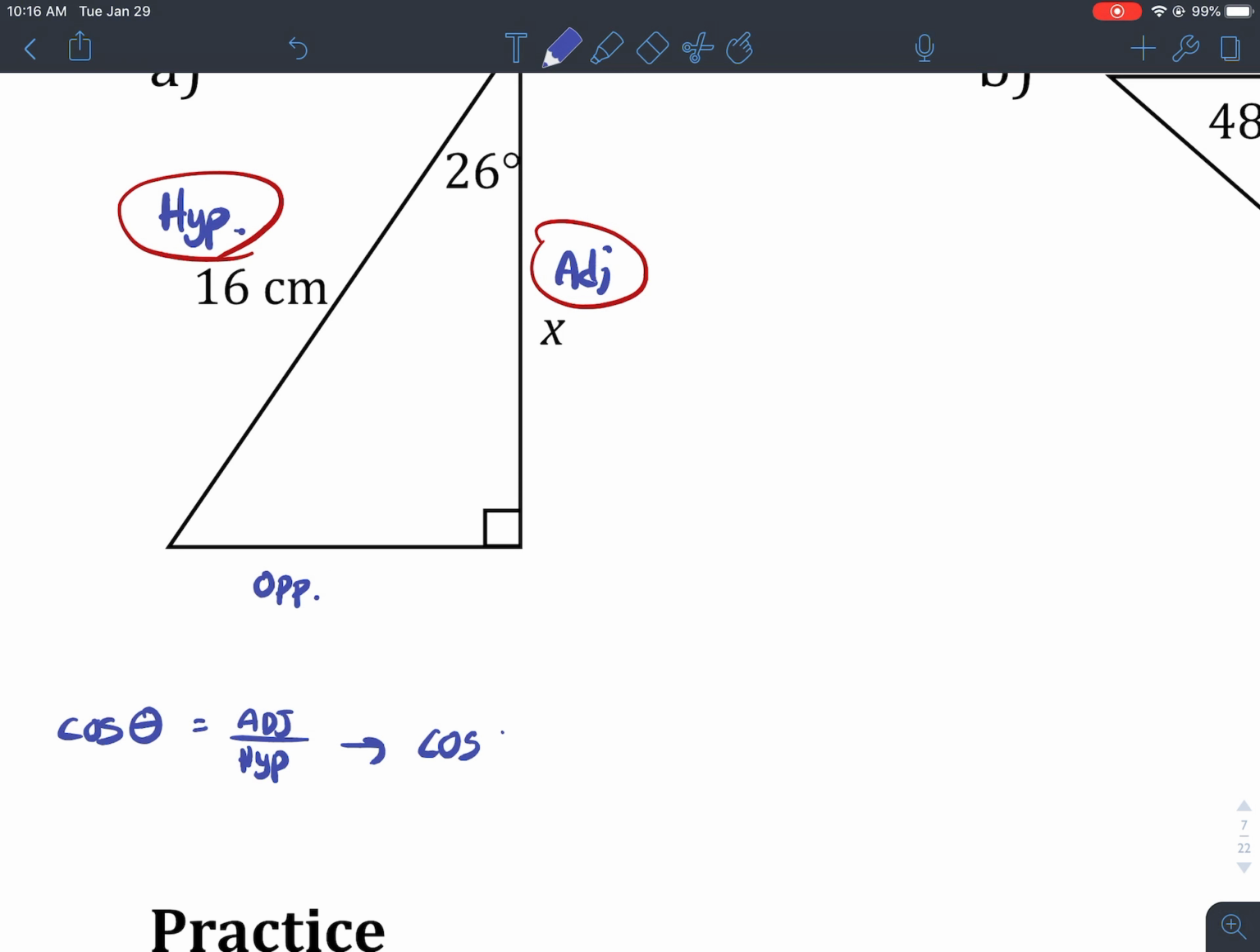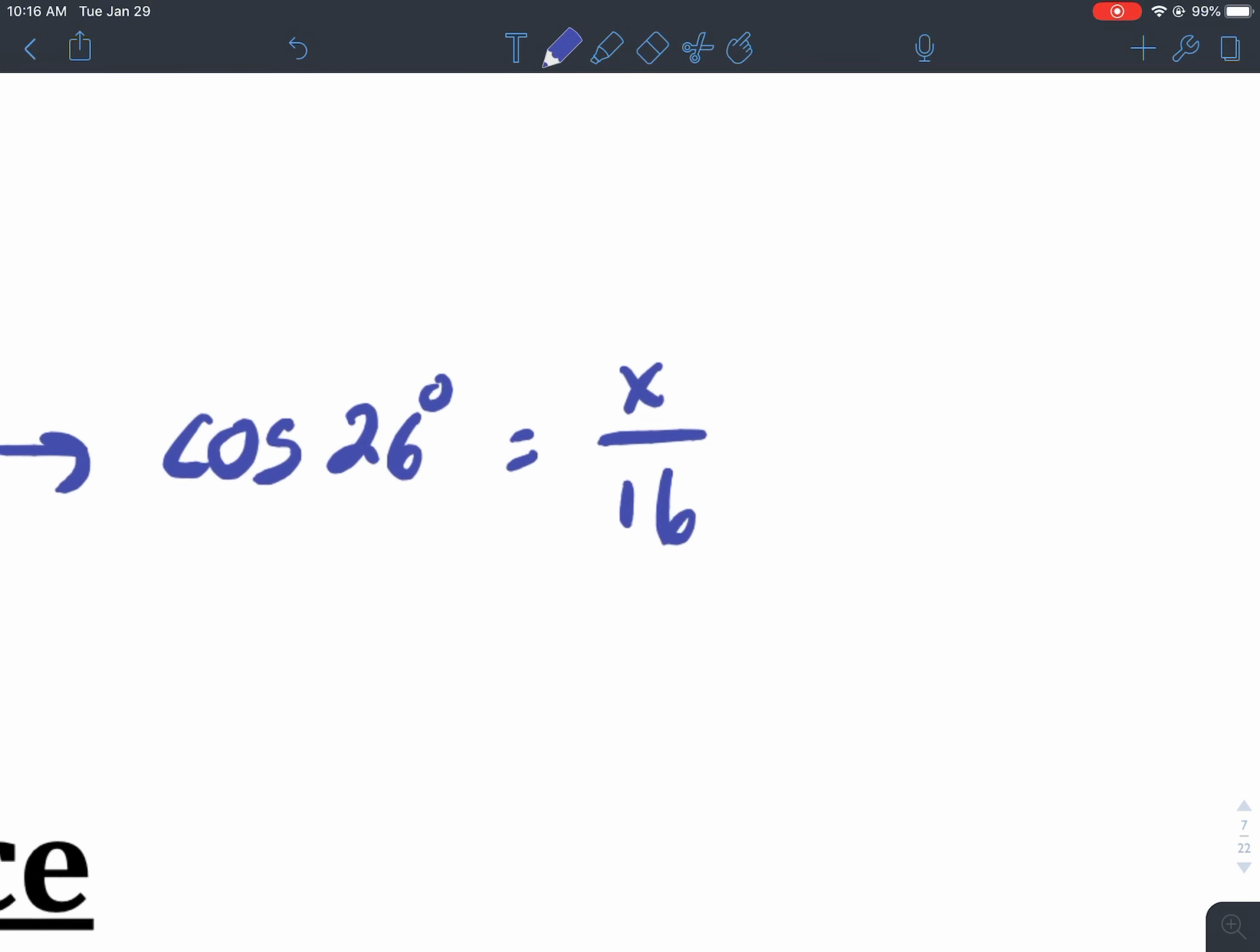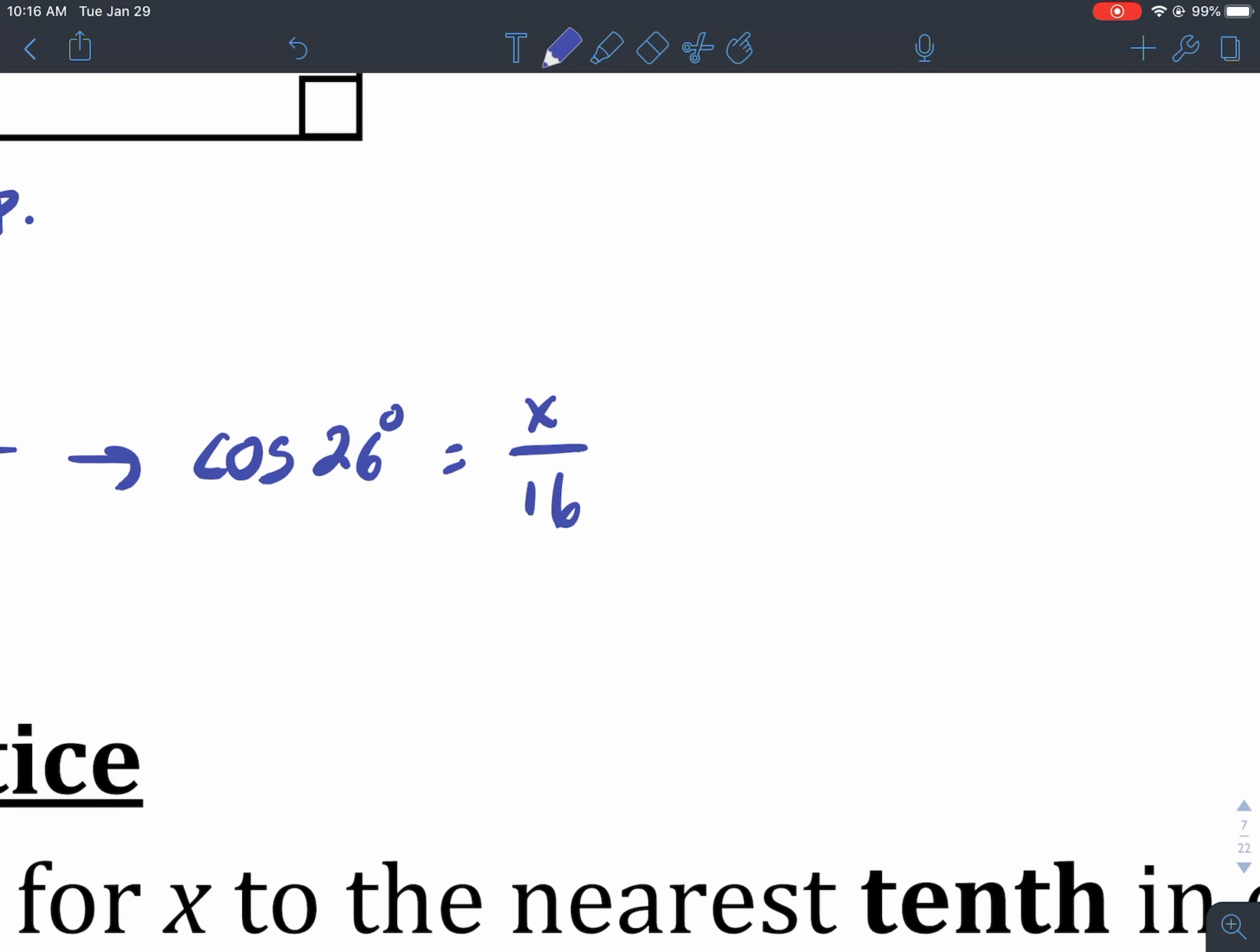So we'll go ahead and start filling stuff in. We have an angle, 26 degrees. The adjacent side, I don't know it, it's x. The hypotenuse is 16. Okay, when I have something that looks like this, it's important to remember that the cosine